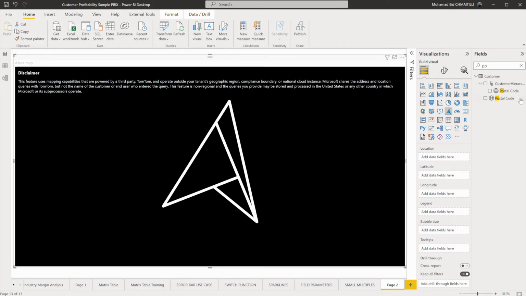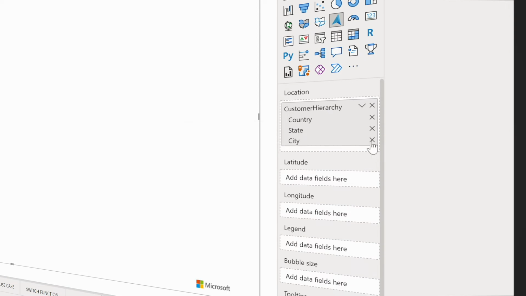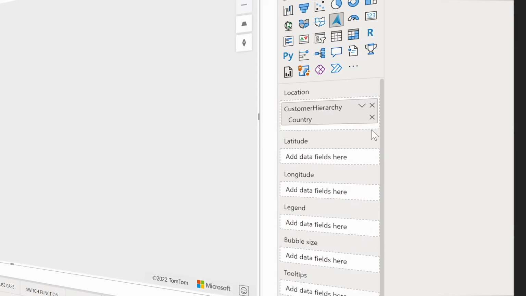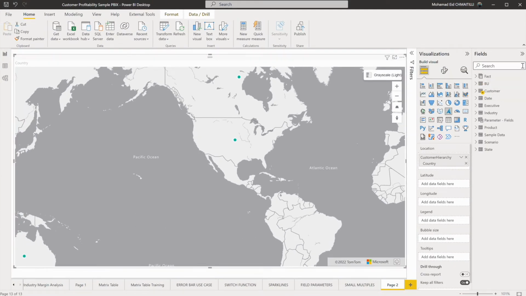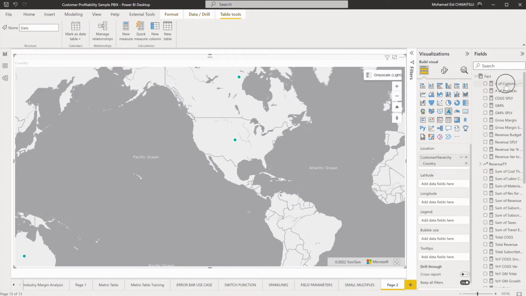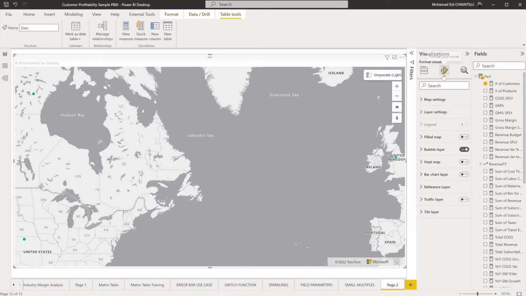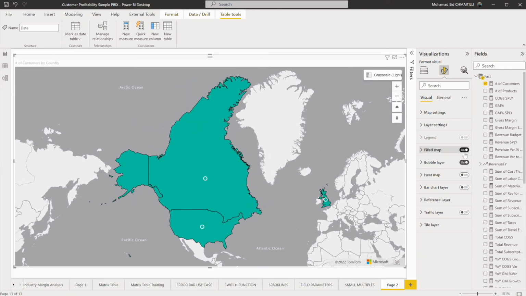Here it's in this. So I can add the postal code. And in the postal code, I can remove all these and keep only the country. And you can see here it's in the US. So I go back to customer and see if I have any data. No, I don't. So I go to the facts and I can add, for example, the number of customers. I use longitudinal, and then I go to the visual. I use filled map. Once I use filled map, now you can see the whole thing much better.